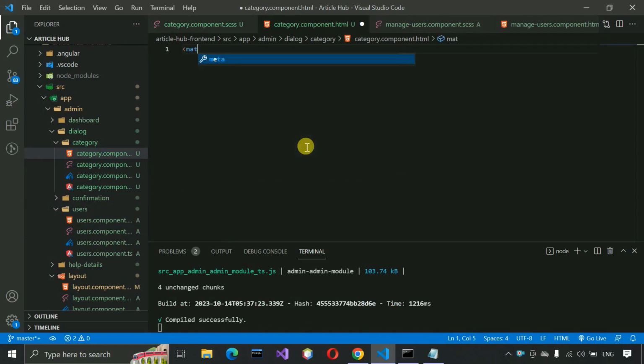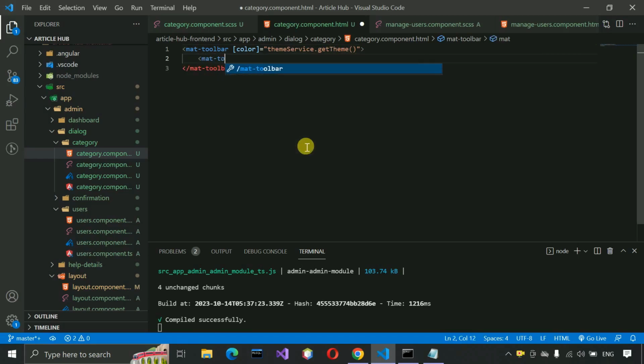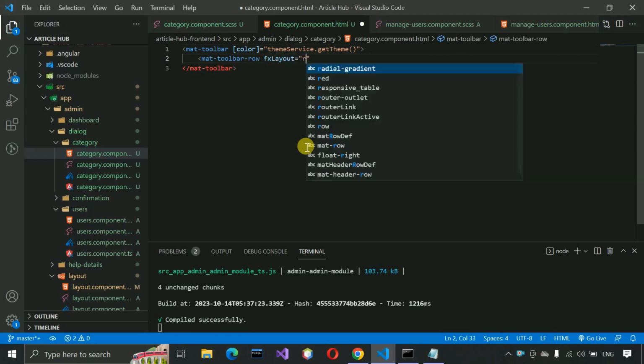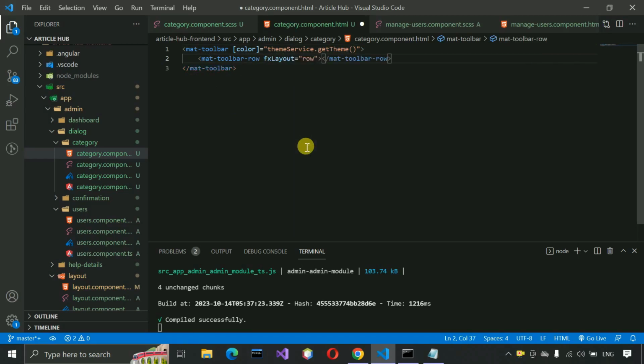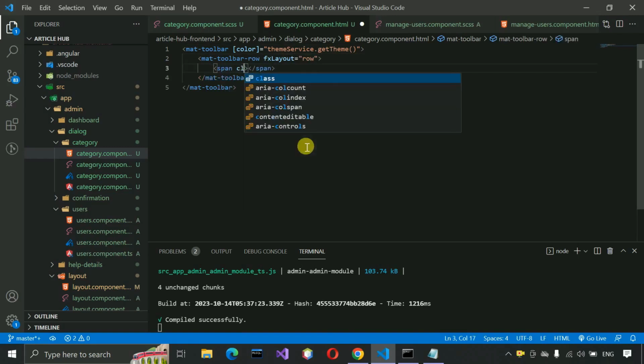So mat-toolbar, and here we just need to write color, and themeService.getTheme, and inside this one mat-toolbar-row fxLayout, and here we just need to write row, and span class title-center,